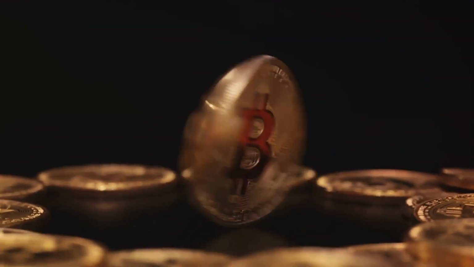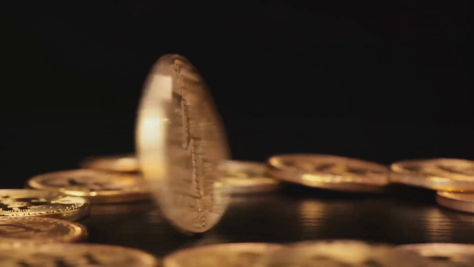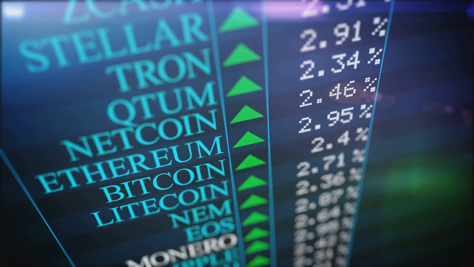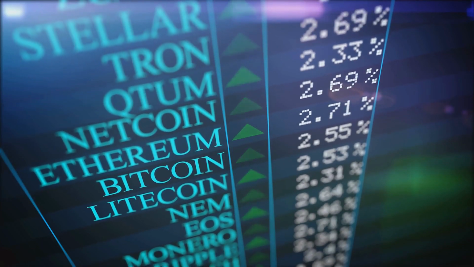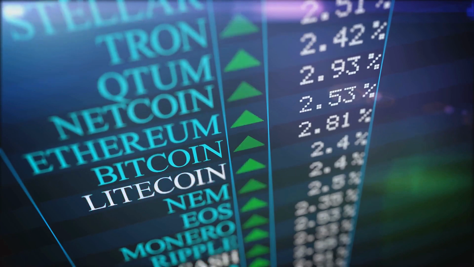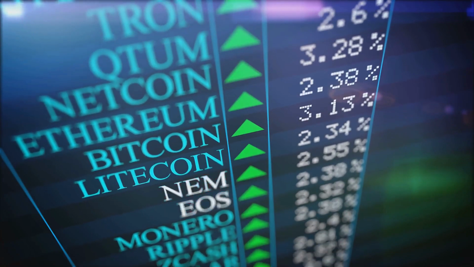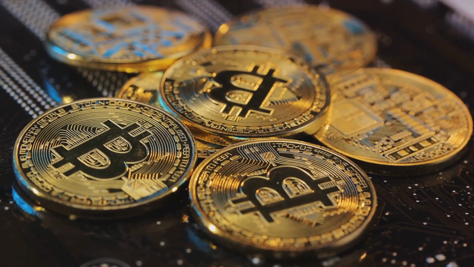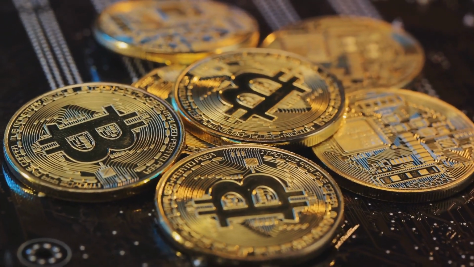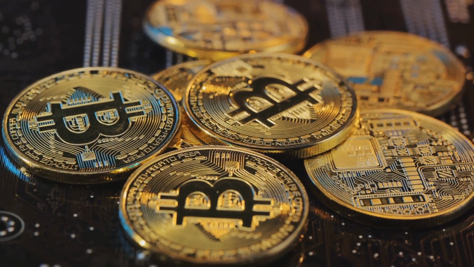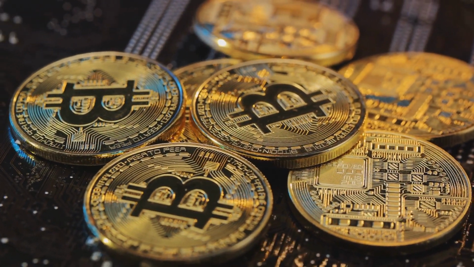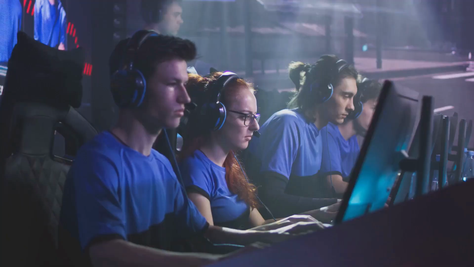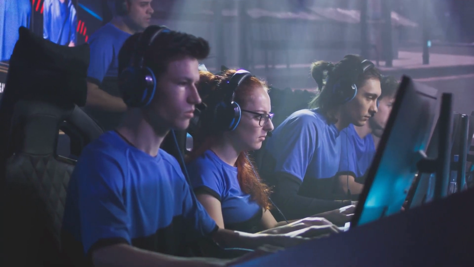Next, we have the rise of cryptocurrency in the betting world. Cryptocurrencies like the meme-inspired Dogecoin are becoming increasingly popular for online transactions, including sports betting. Their decentralized nature, combined with their potential for rapid value growth, makes them an attractive option for bettors seeking to capitalize on more than just game outcomes. As cryptocurrencies continue to gain acceptance, we can expect to see more betting platforms offering them as a standard payment option.